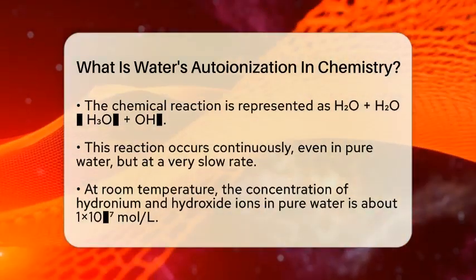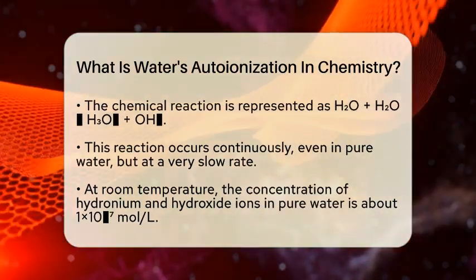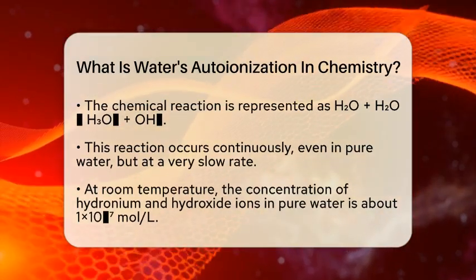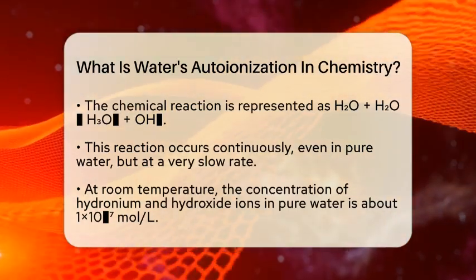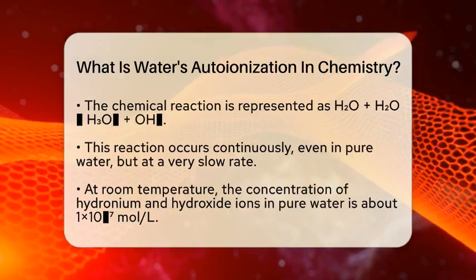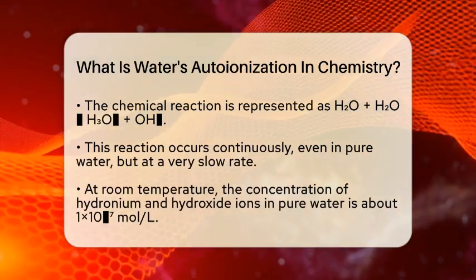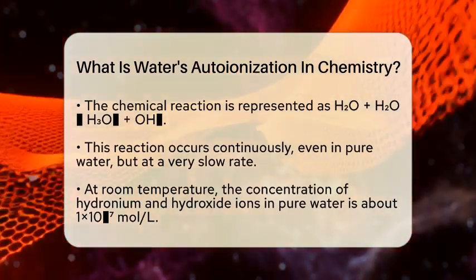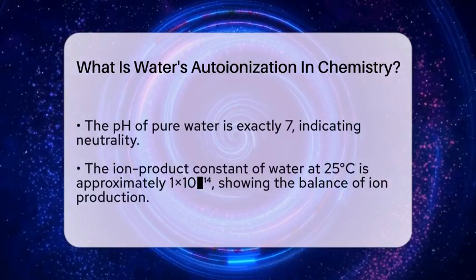At room temperature, which is about 25 degrees Celsius, the concentration of hydronium ions and hydroxide ions in pure water is about 1 × 10⁻⁷ moles per liter. This means the pH of pure water is exactly 7, which is considered neutral. The pH scale measures how acidic or basic a solution is, with 7 being neutral, lower numbers more acidic, and